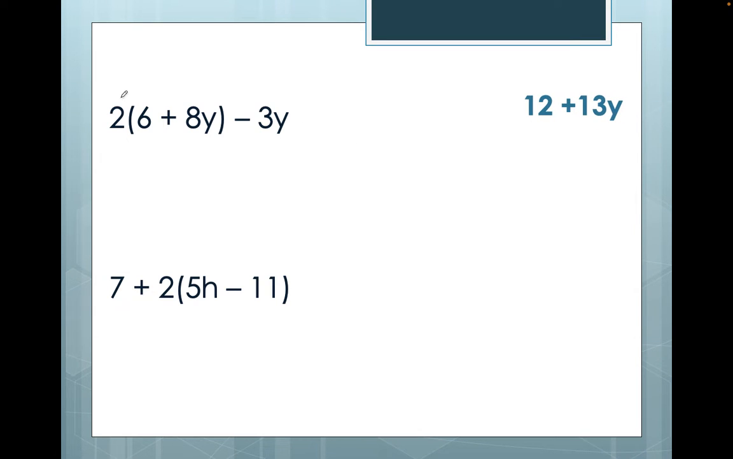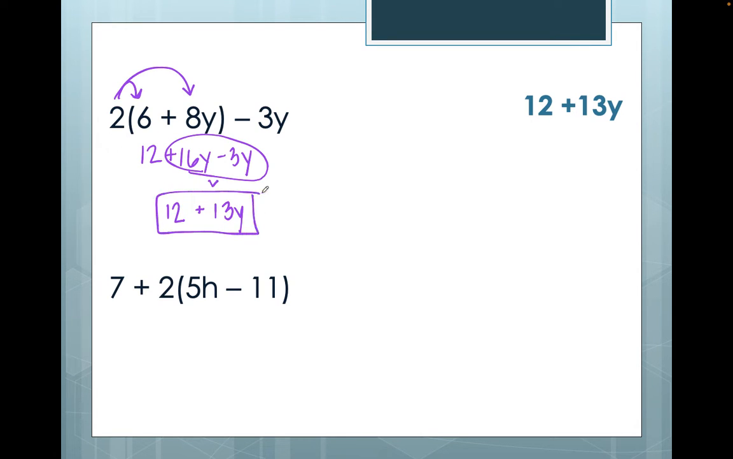In this first example, you would distribute the 2 to the 6 and to the 8y, giving us 12 plus 16y minus 3y. 16y minus 3y are our like terms, which are already side by side, so we are going to be able to subtract 16 minus 3 to get 13y, which is our answer for this first one. And for the second one,